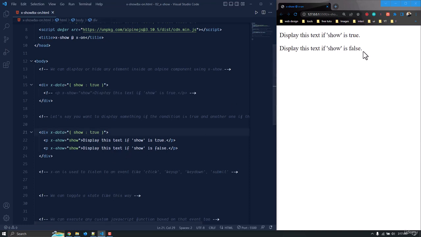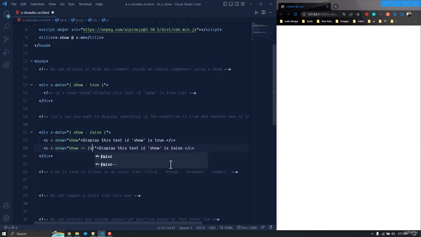Now they are going to display both of these because show is true now. At first let's make it false. So now both of these are hidden because now the show is false, so this is not going to display it. So let's say we want to display the second text if the show is false. We can do it this way, like if the show is equal to false, that means this condition is kind of true, right? Because the show has a value of false,